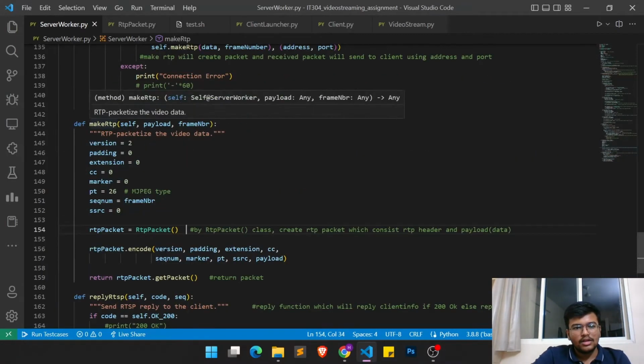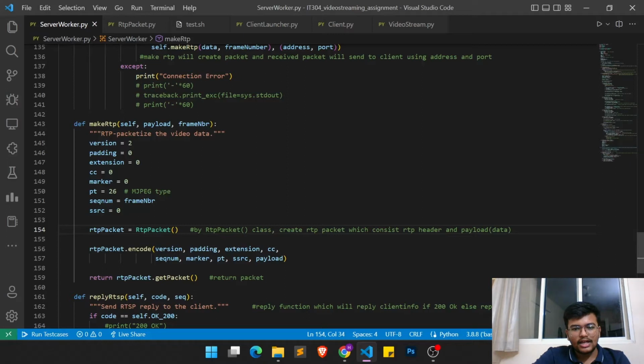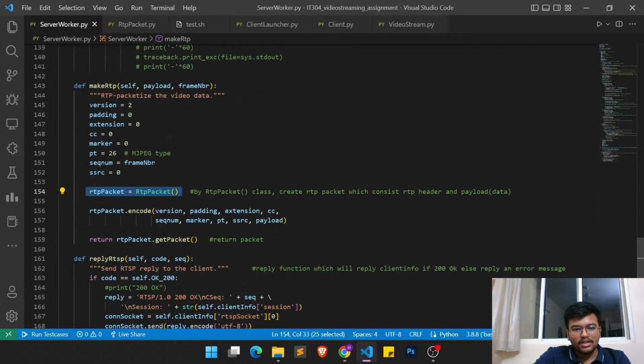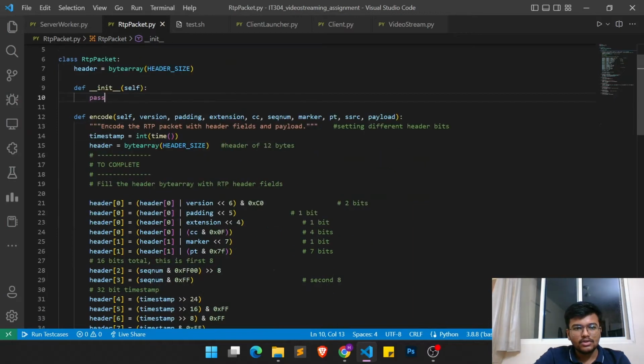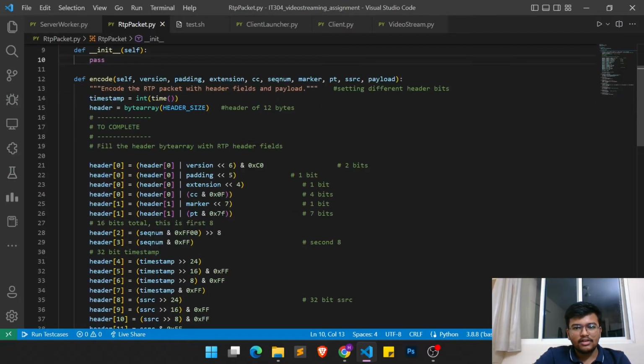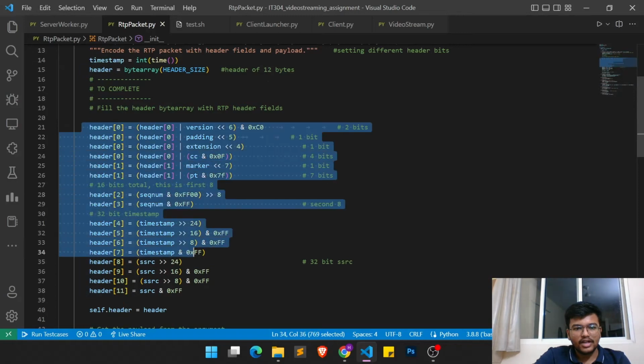So in the make RTP function, we create an RTP packet from the RTP packet class. To create an RTP packet which consists of the RTP header and the payload data, and this is the encode part in which we define all these functions and just return its packet. So these functions are defined in this RTP packet file. So here in encode we set the different header bits,